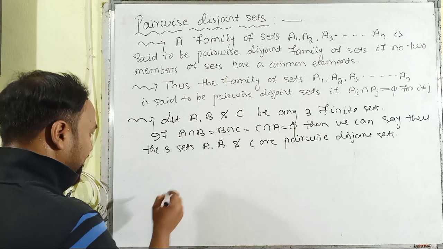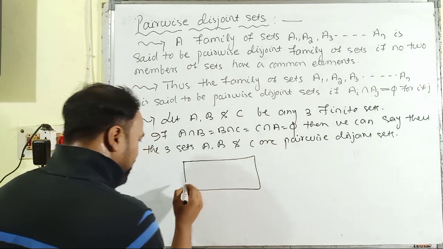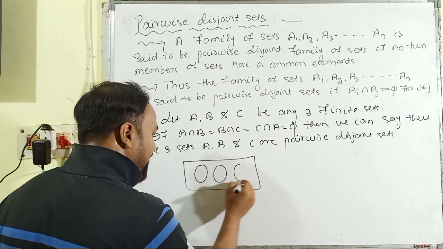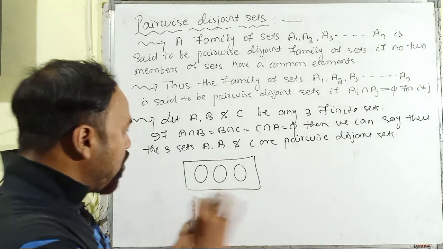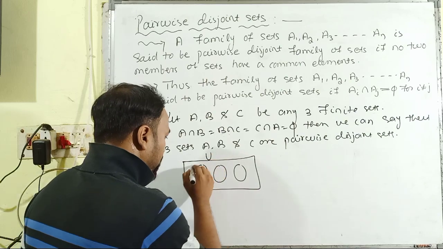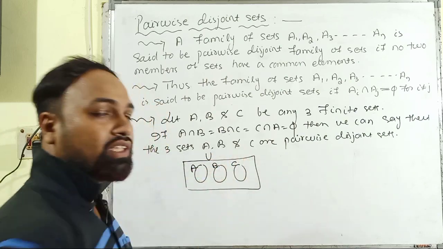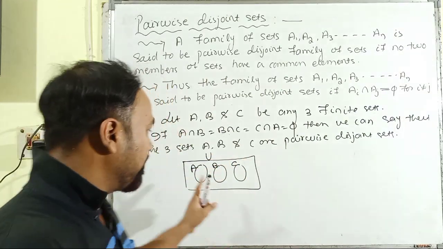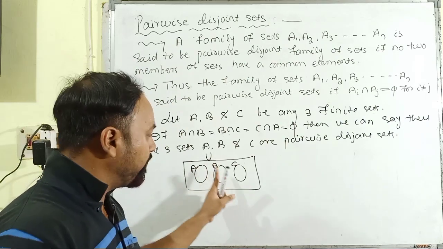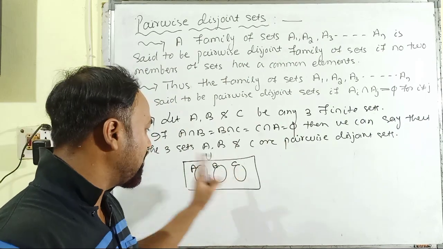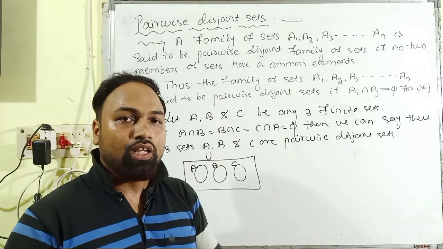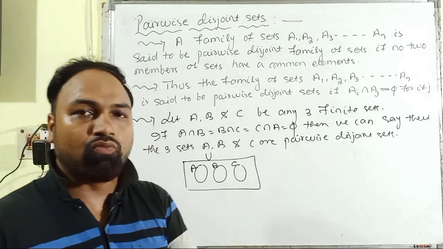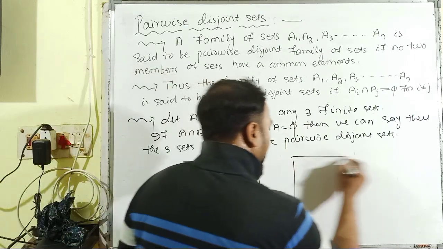And the representation in the Venn diagram, you can mention it as A, B and C, and they are very much different from each other. And no two sets out of the A, B, C intersect with each other. That means A does not intersect with B, B does not intersect with C, and C does not intersect with A. In this case only, we can say that the three sets, or you can take it as more than three,